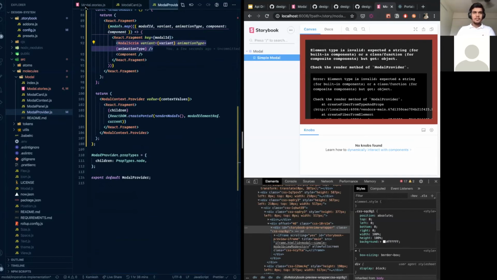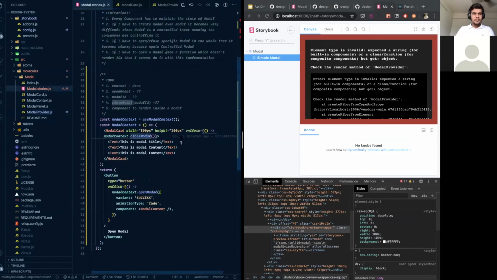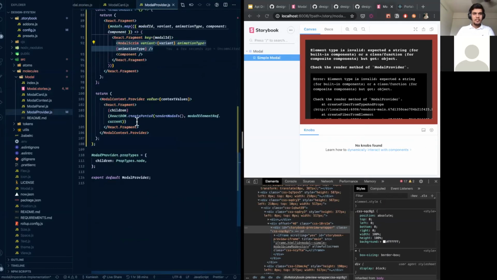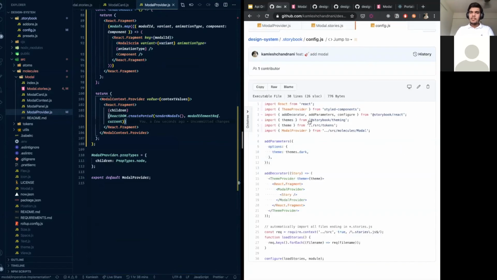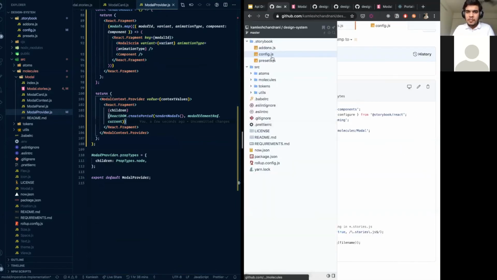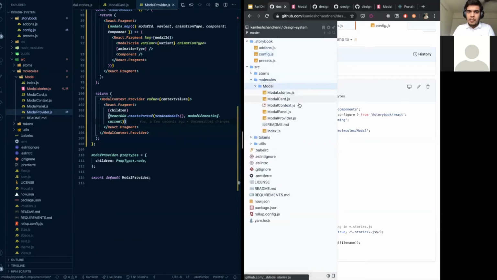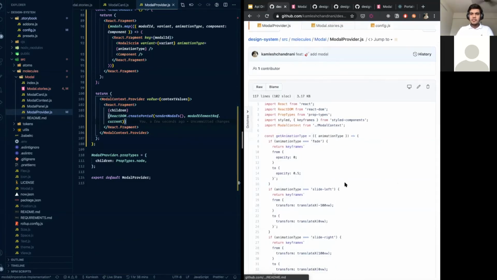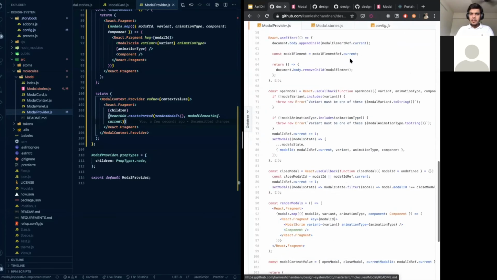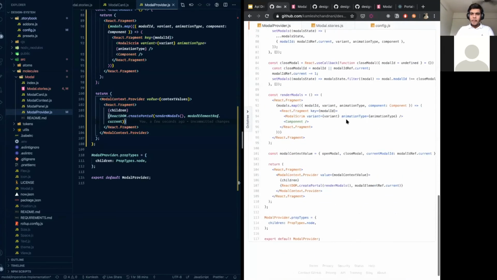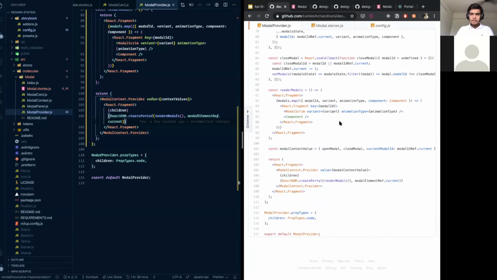Okay, let's go back to the stories. We have ModalCard which is getting rendered. ModalProvider, let me see what I have done. Okay, this is fine. This is absolutely fine. Scrim is also correct. Component is correct.